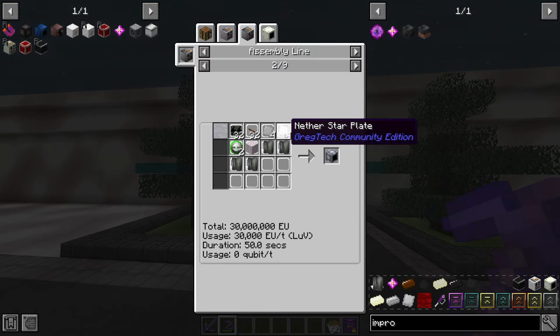Okay. There you go, we got liquid nitrogen. That means, ooh, what do we get here? Some indium dust. Fantastic. So now